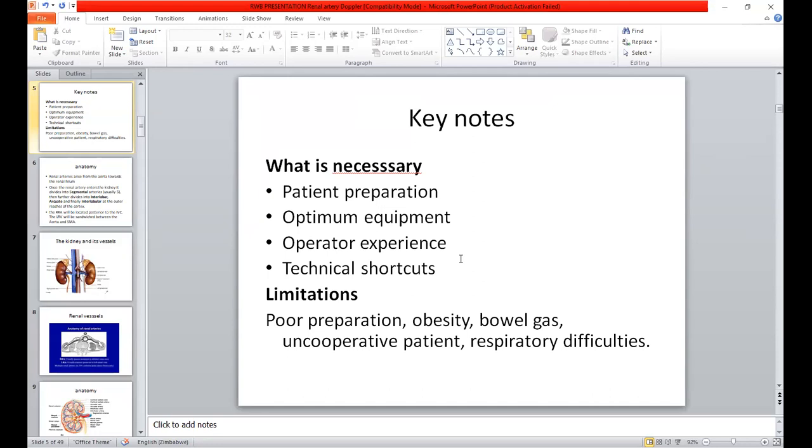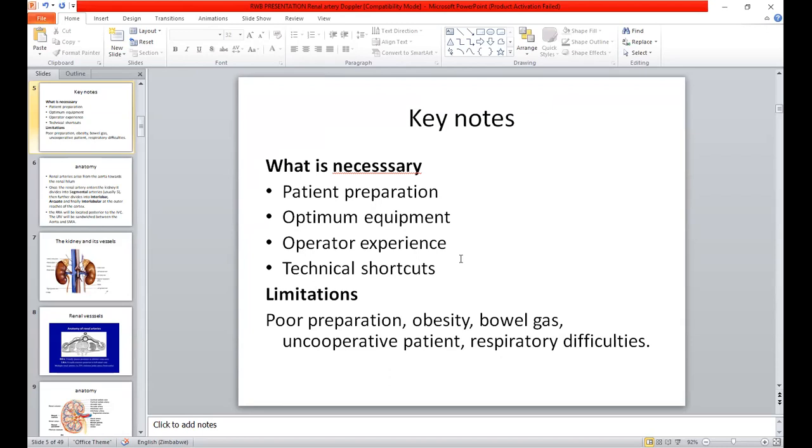And also the operator needs to be a bit experienced or should know the basics that are very important in doing this examination, and should also be well versed in technical shortcuts that enhance proper evaluation of the renal vessels and to come up with a good diagnosis that is useful to the patient and the